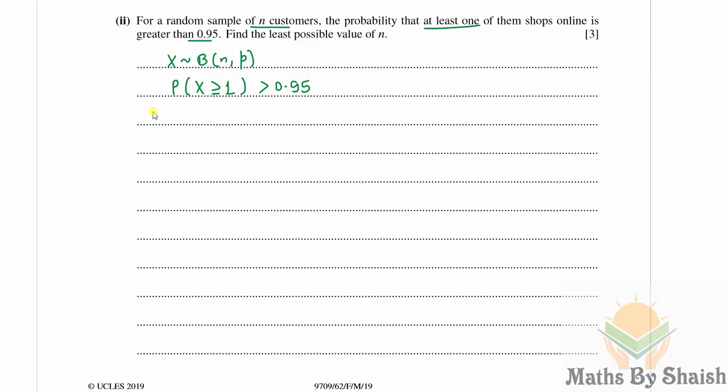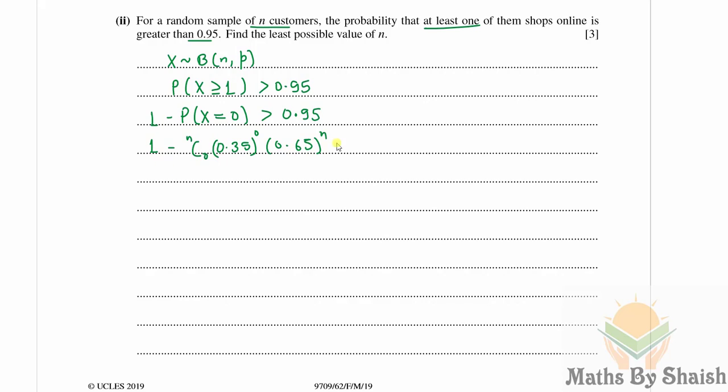So we will convert this in the form 1 minus probability of x less than 1, and we know that it's discrete, so if it is less than 1, the only possibility left is x is equal to 0. Now we have the formula for it. It is going to be 1 minus nC0,